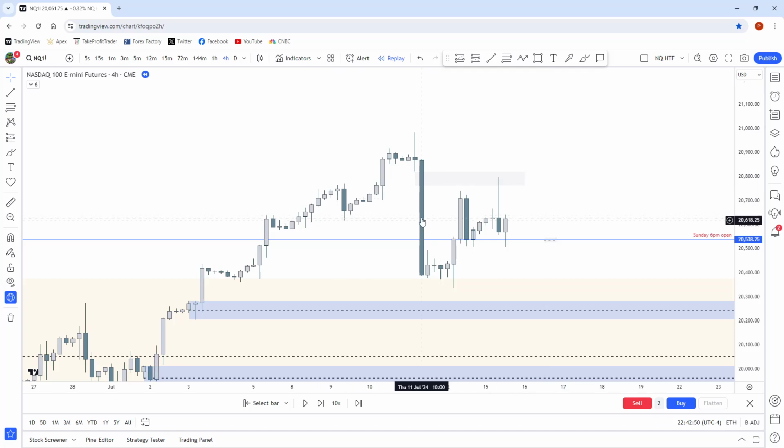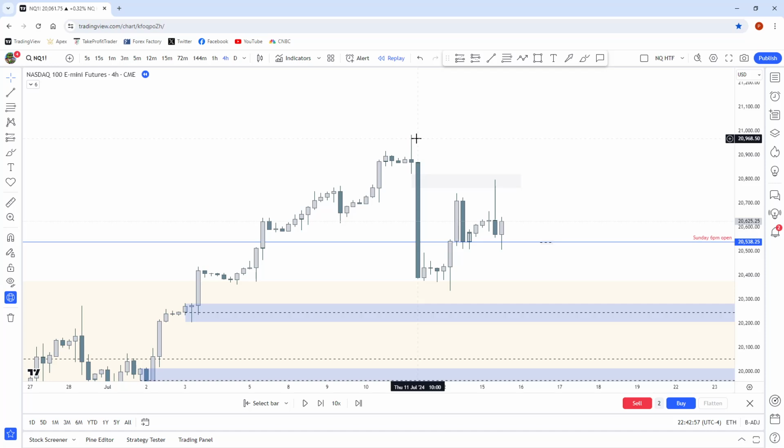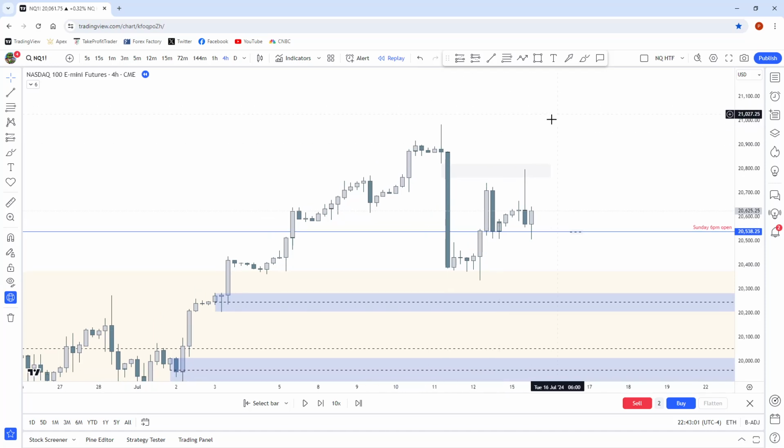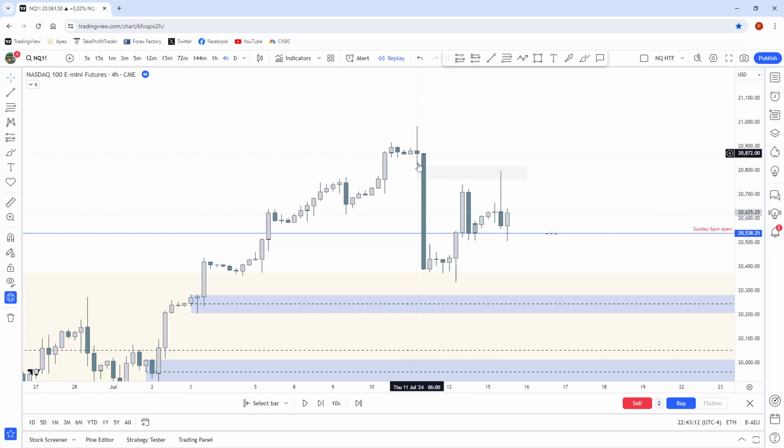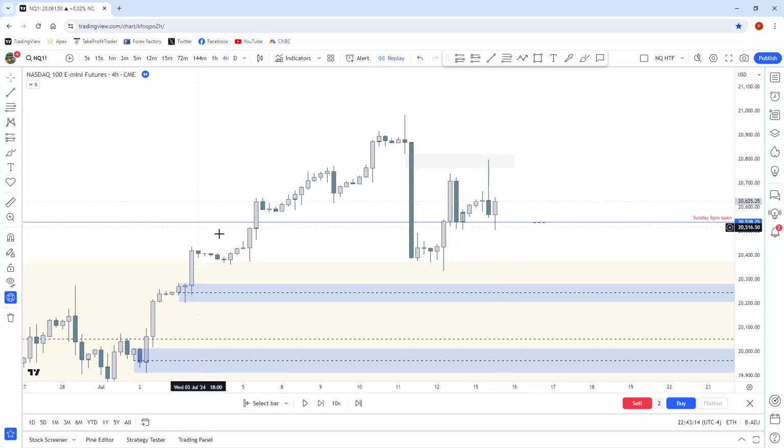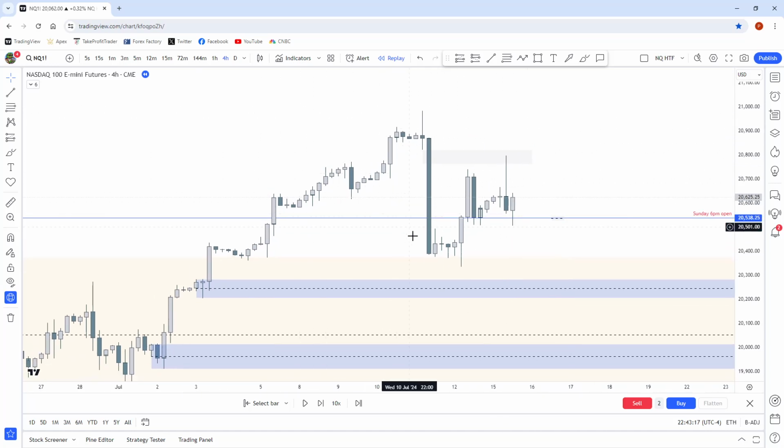It can wick below it, but you would need a body closure above it and then a reaction to break this high in order for structure to remain intact and for us to continue with our bullish price action, right? But we do see here that price did flip, right? We broke below this protected low with quite a lot of velocity, right? Breaking structure to the downside, and just based on market structure alone, there is a high likelihood that we're starting a new trend down, especially after we're seeing